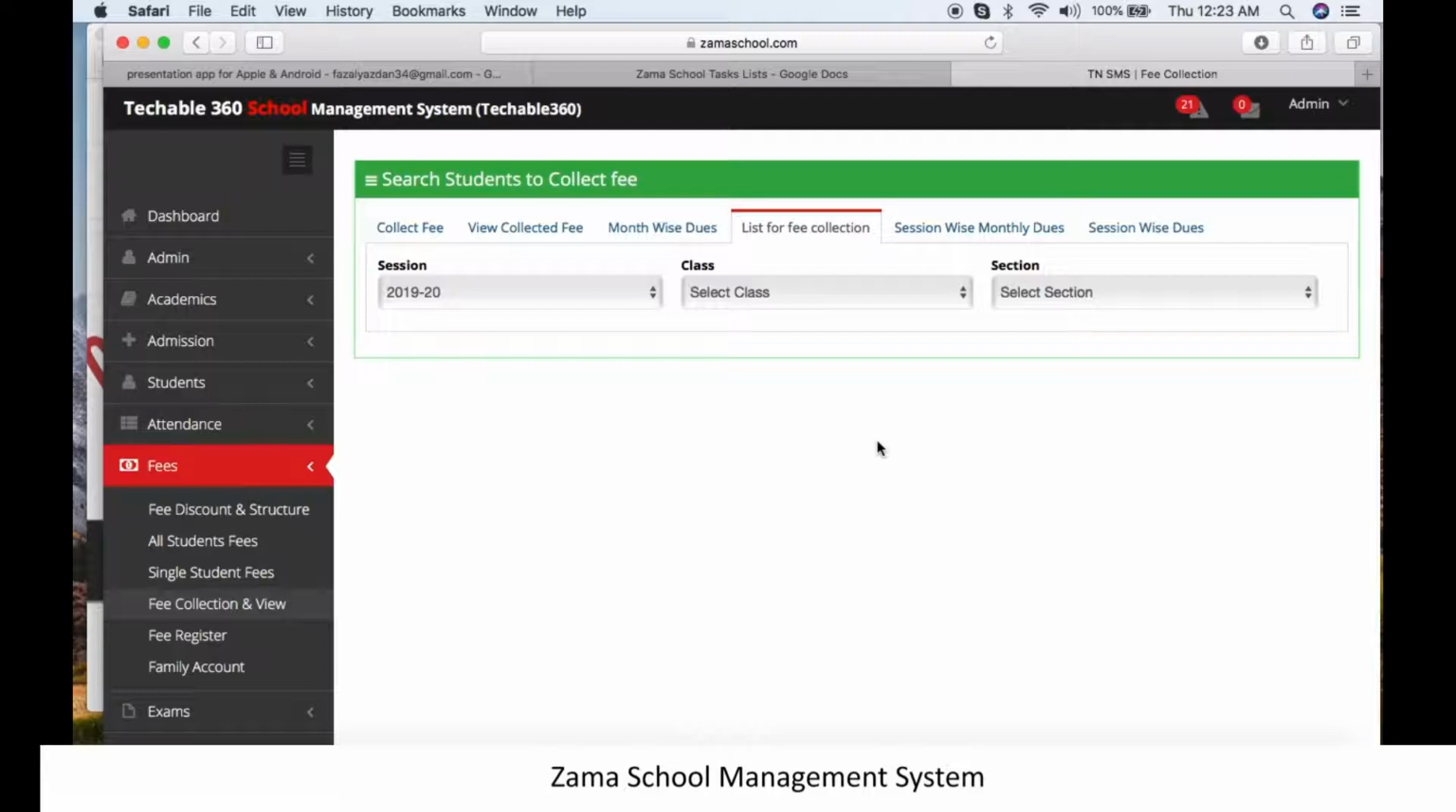This list contains info about students with dues or fees. The purpose of this list is for when you are busy doing other school tasks and students are submitting their fees. You just write that amount in the list, and after you are free from your tasks, you put that in ZamaSchool